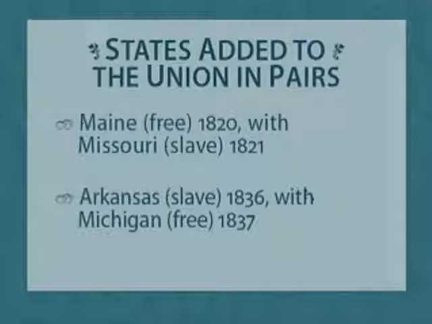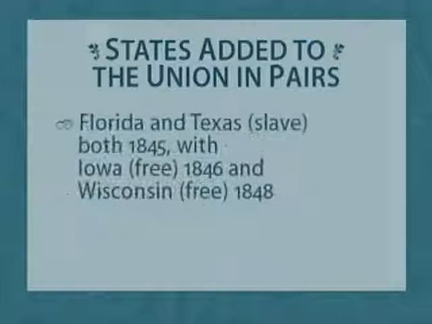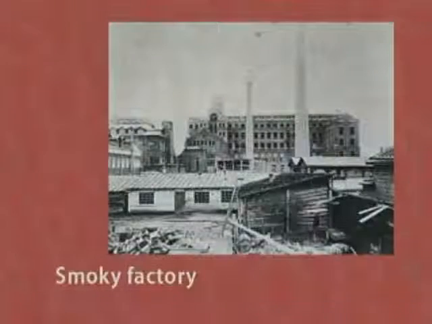In the final three pairs, the slave state preceded the free state. Arkansas in 1836 and Michigan in 1837, Florida and Texas in 1845, followed by Iowa in 1846 and Wisconsin in 1848. North and South. By 1850,